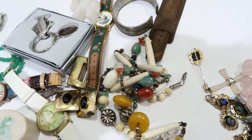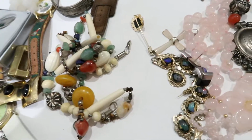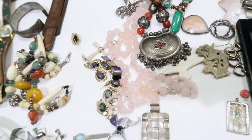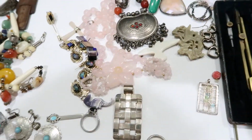And I think that's pretty much it. I went through everything. I'm gonna just zoom in over this once more, and I'm gonna